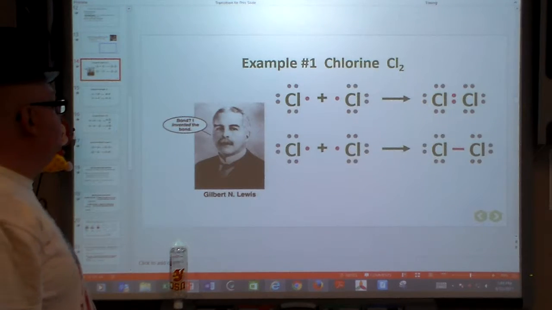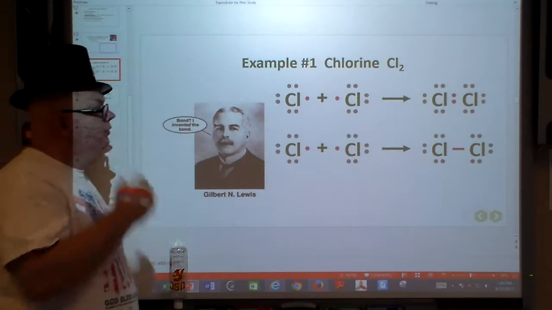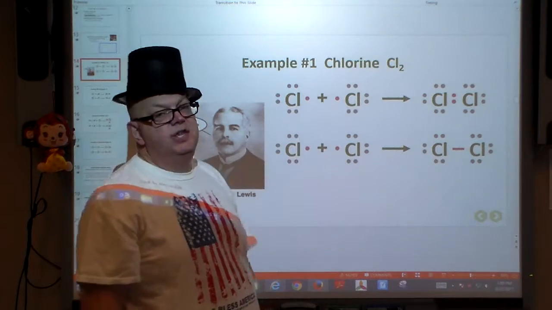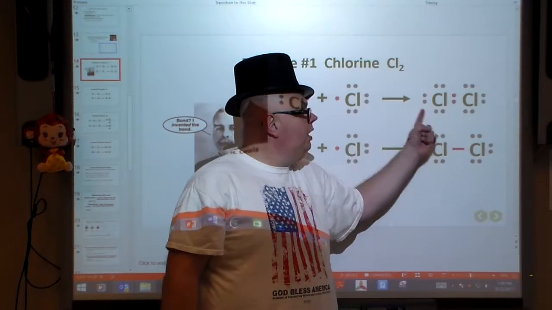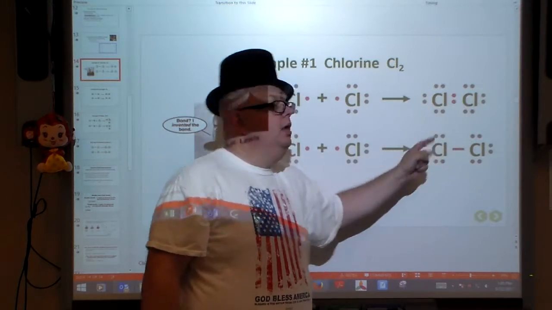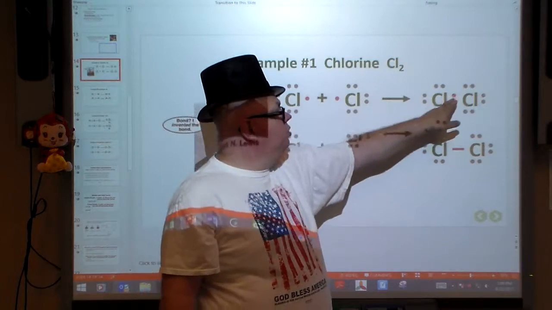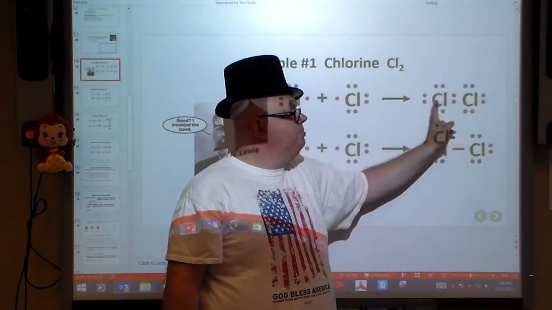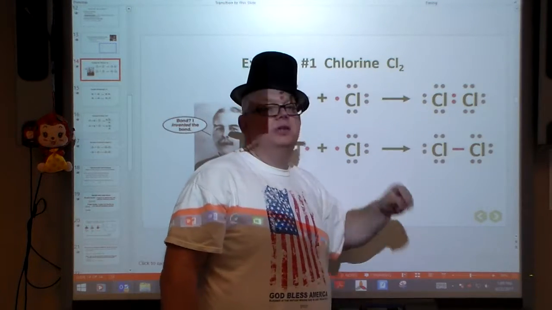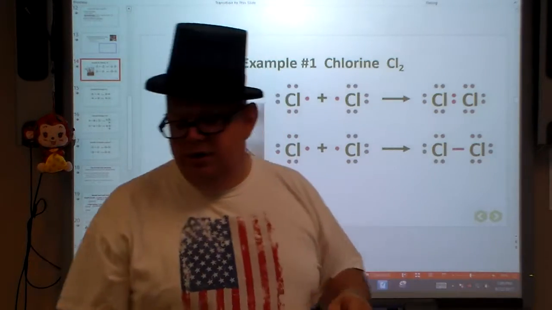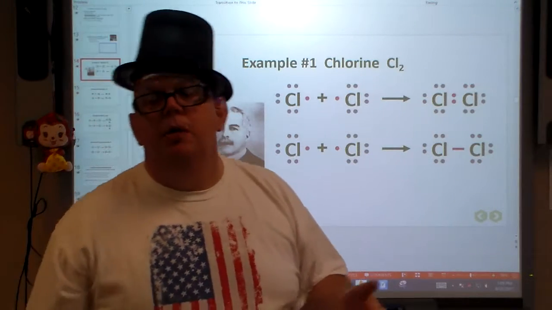So example number 1, we can look at chlorine 2, and here's another picture of Lewis. So here's 2 chlorines. They each have 7 electrons, and we can arrange them so that it will look like this. And that would be correct, because you've got 2 chlorines and the 2 electrons between the 2 chlorines. This forms what we call a single bond, because there's a pair of electrons